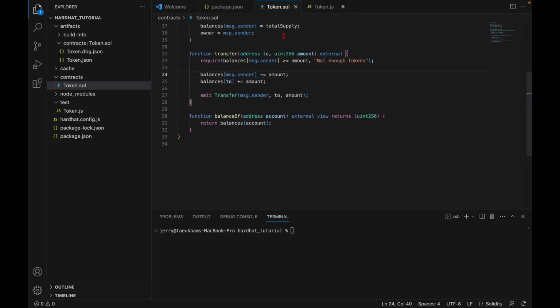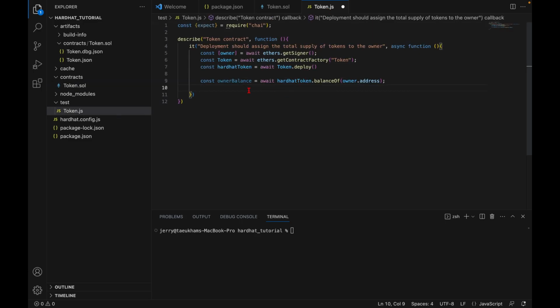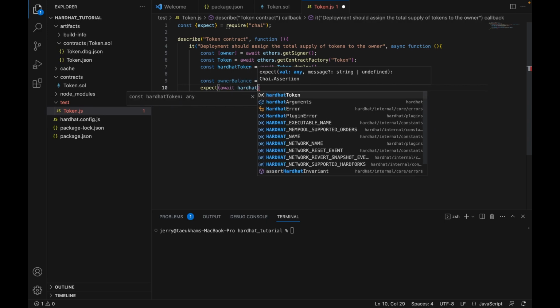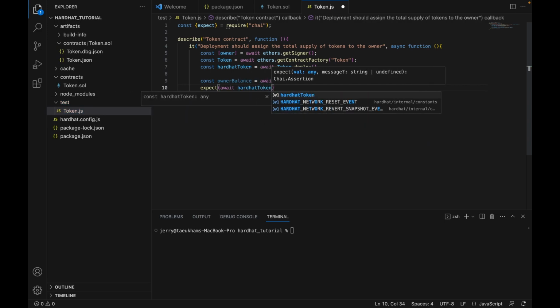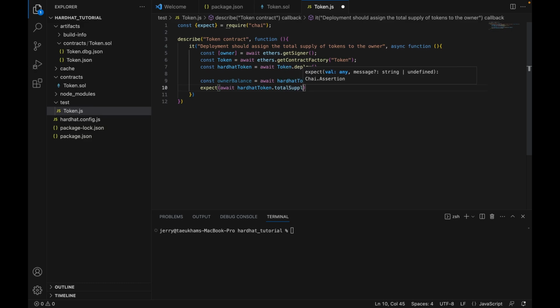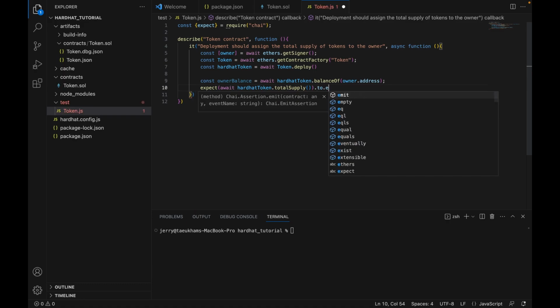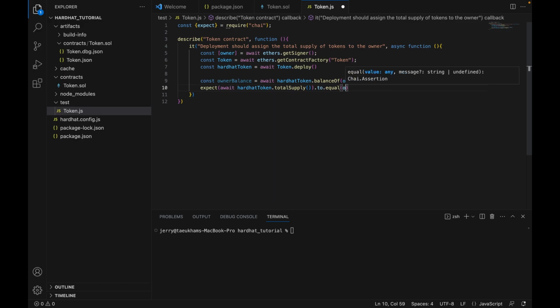We're calling the balance of function and putting the return value inside the owner balance, and we make a sanity check that the actual total supply is equal to the owner.balance we have just retrieved. Okay,